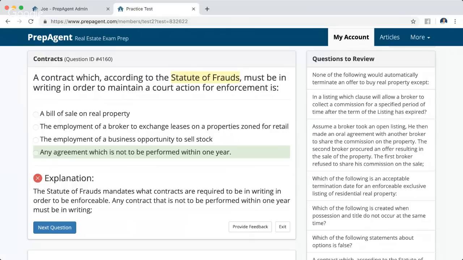Seems like Lupe and Andrea are on point with this. Okay, so here's the difference. A void contract is lacking one of the four essential elements of a contract. Do you guys remember when we wrote those four essential elements? Mutual consent, consideration, lawful object, and capable parties. A void contract is lacking one of those elements. All right, everybody with me?